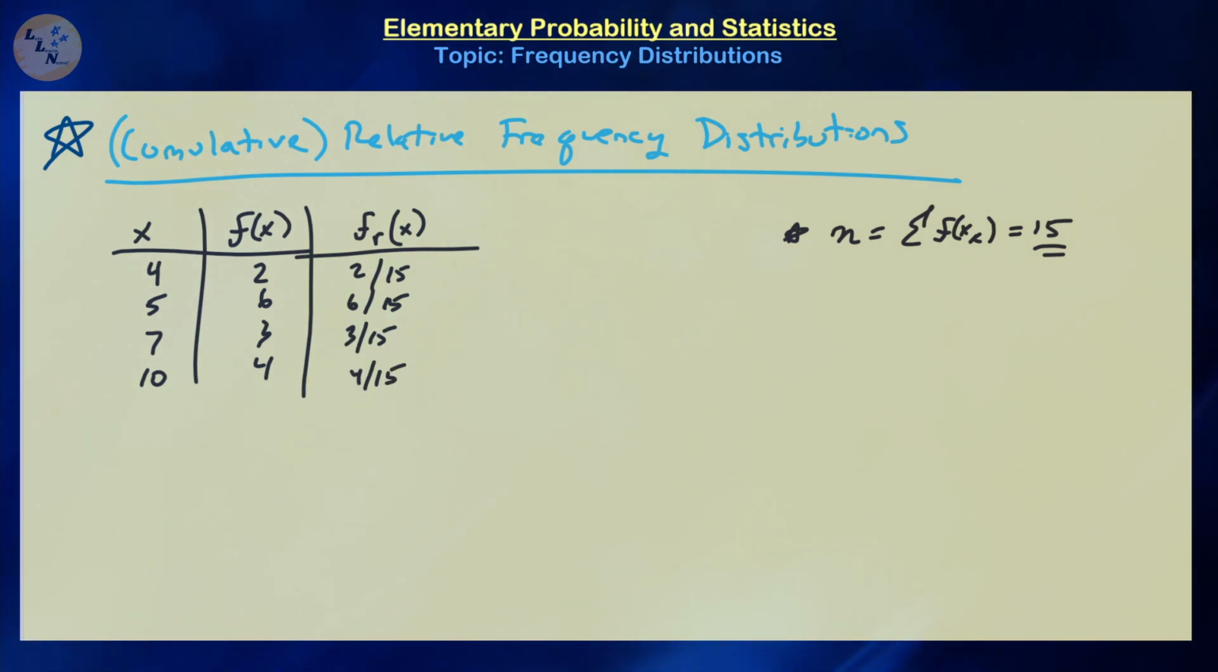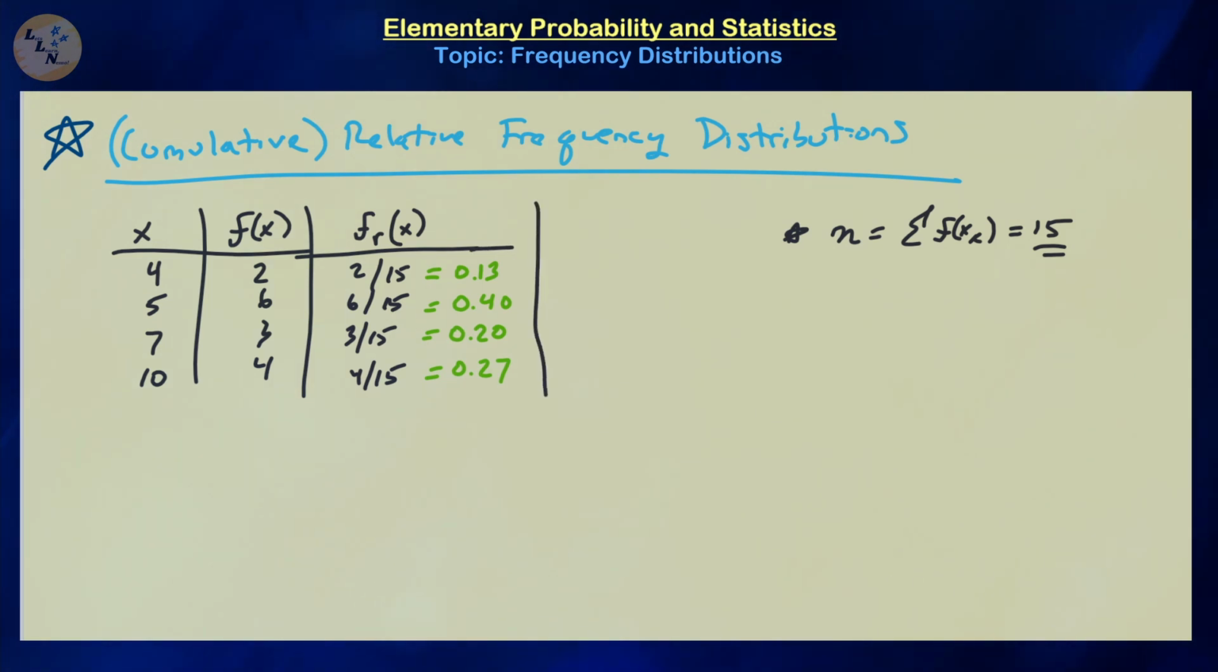And you can do an approximate decimal rounding of this. So that would be approximately 0.13, approximately 0.40, approximately 0.20, and approximately 0.27 as the relative frequency values associated to each of these elements. And before I go into some applications of that, let us just talk